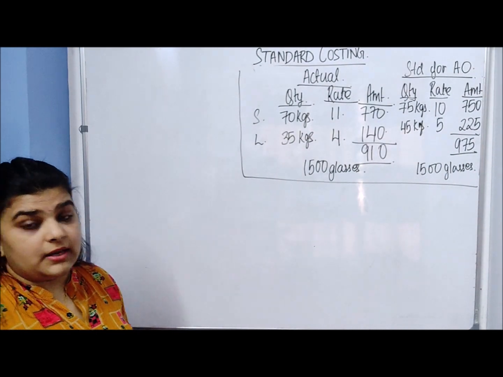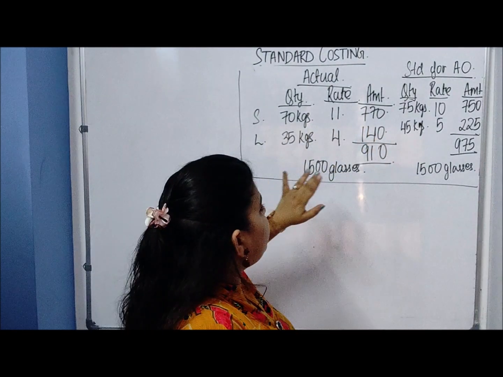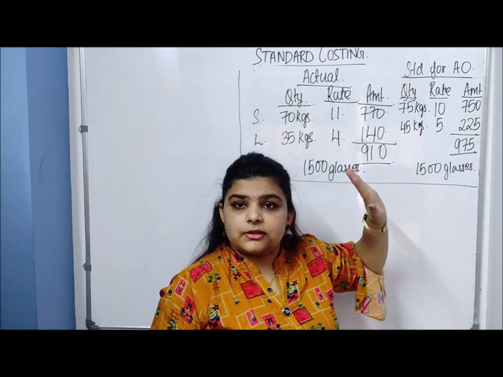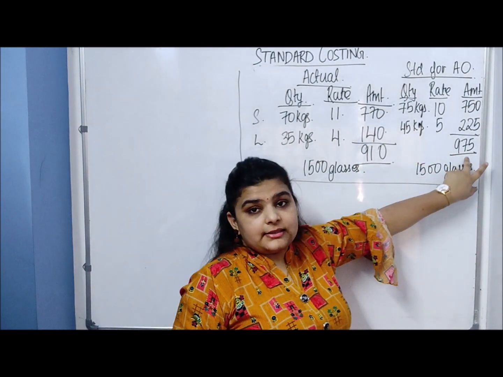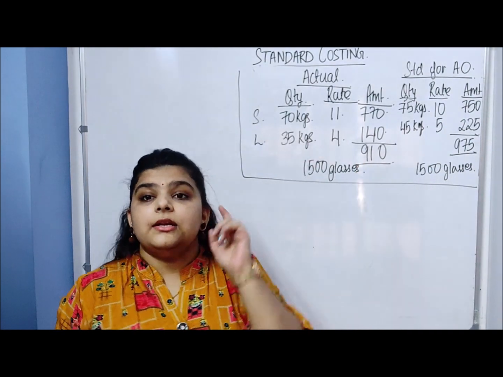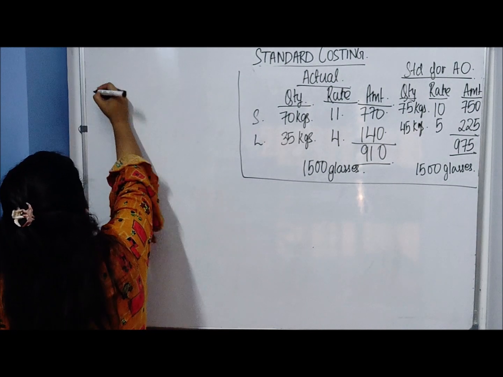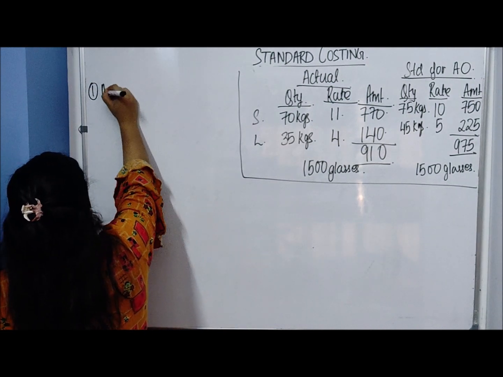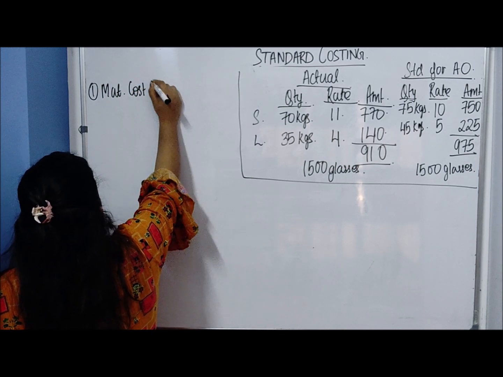Now, coming to the variance. Beta, look here and tell me. There has been a variance in the cost, right? The cost is more or less. My standard was 975. I should have spent 975, but I have spent 910. Is it good or bad? It is good. So the first variance we are going to calculate is material cost